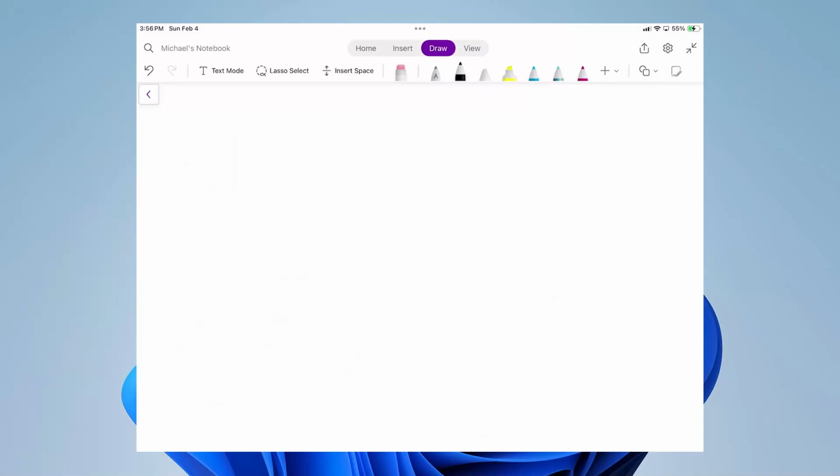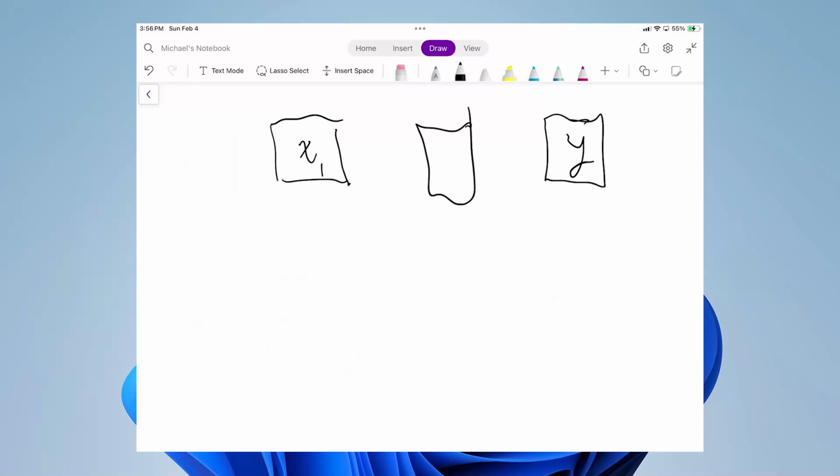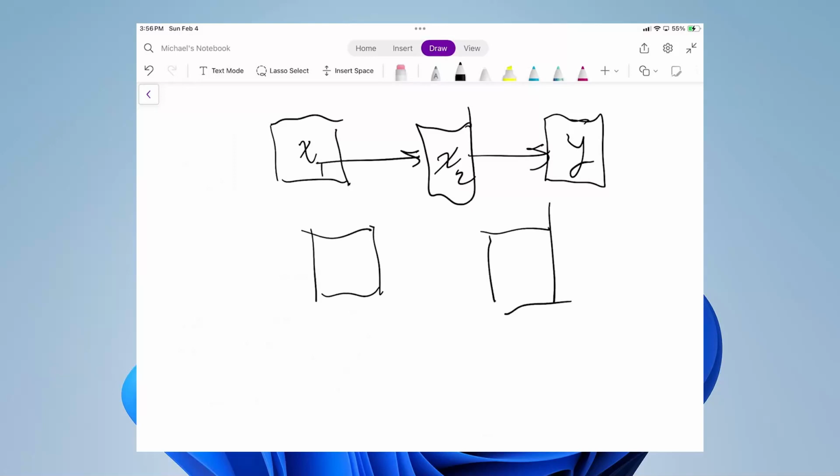So we started with this concept of x1 related to y, but the explanation for that, at least part of the explanation, is that x1 influences x2, which influences y. So step one looks like this. Step one is we want to take a look at x1 and y and make sure they're related, because you're not even going to need an explanation for why x1 and y are related unless they are related. So step one is to determine that they are related.